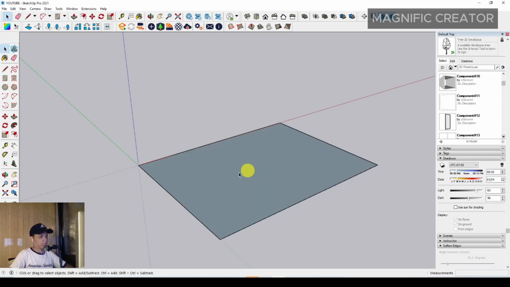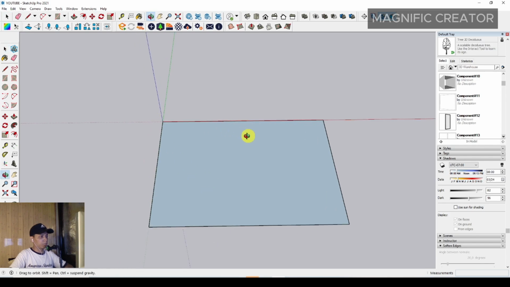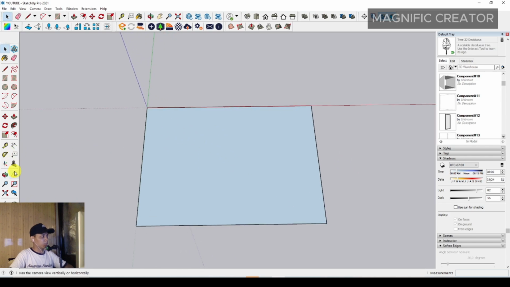5,800 millimeter. Okay, and then we can make this rectangle, and we can use the protractor tool and place it on the bottom corner. Then we can set the angle maybe around 60 degrees, and this angle around 60 degrees also. I'm sorry, we have to repeat it. We can set the angle around 75 degrees, and from the right corner 75 degrees also, and then we can